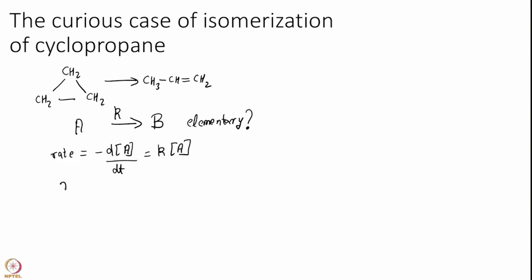Well, let me just rearrange it in a form that was experimentally observed. So, this is my prediction. If I hold the hypothesis that A going to B is elementary, then I predict that rate over concentration of A must be a constant, must be a number. I again highlight that K is independent of concentration of A, alright.